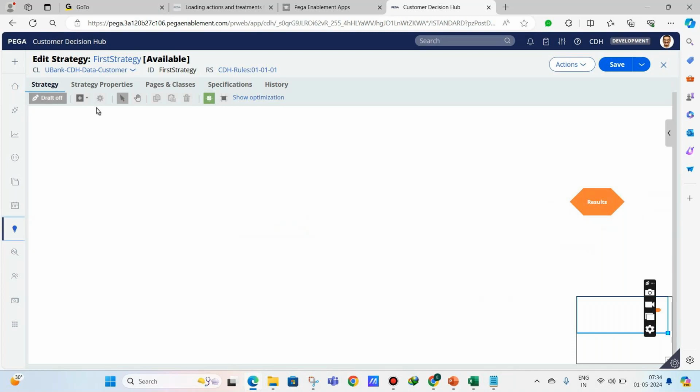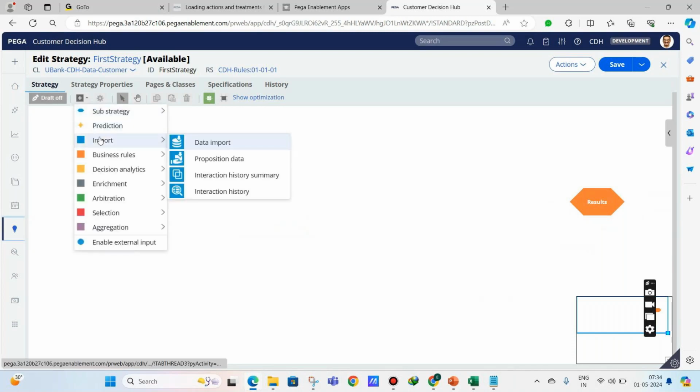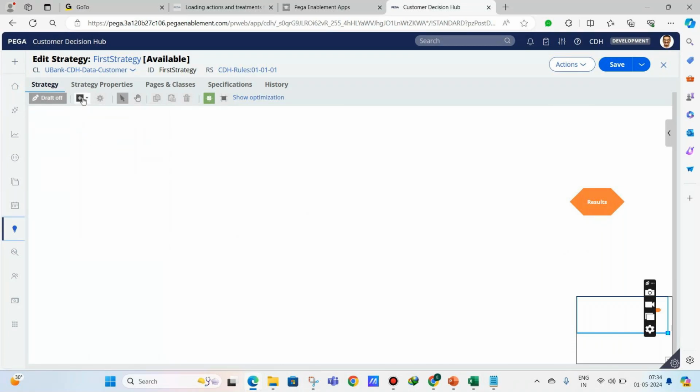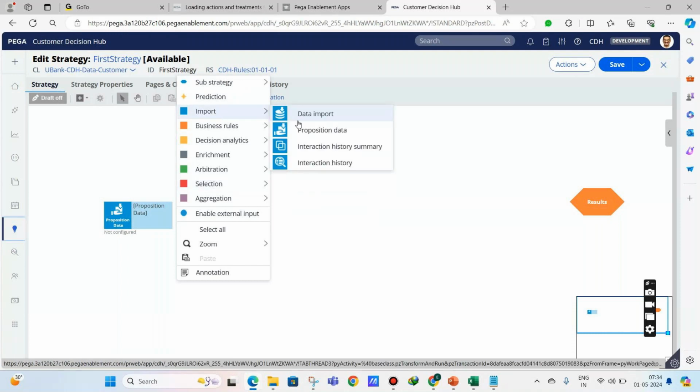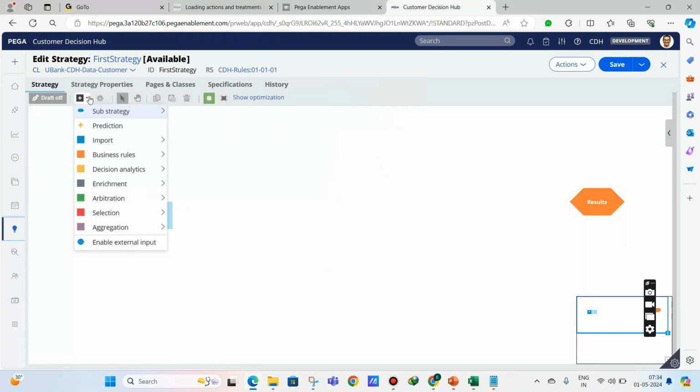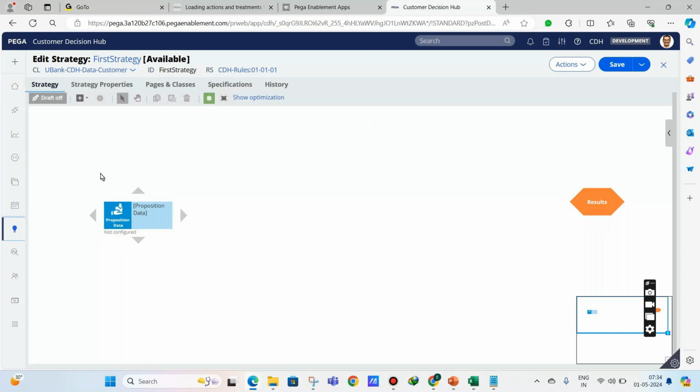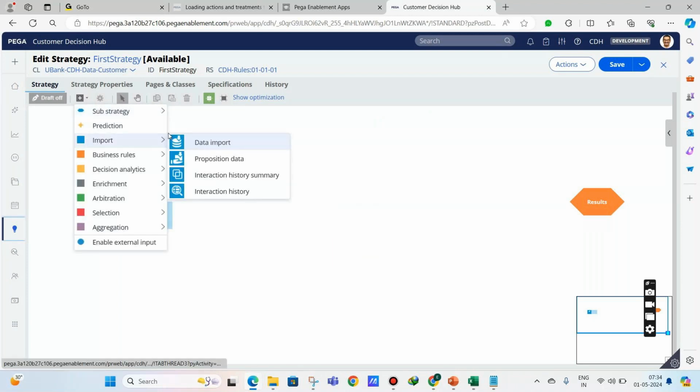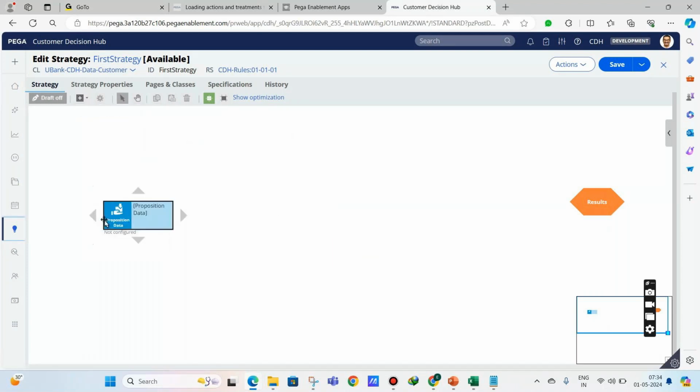Now let us add the component that we want to discuss today, that is the proposition data. I go to plus shape, import proposition data. Again, from here also you can do it, whichever is comfortable for you. Right click and you can do it like this, or you can do it from plus shape. Now I just clicked on import proposition data and clicked outside. Then when I double click on this,